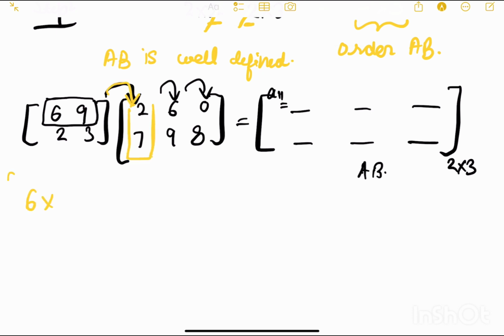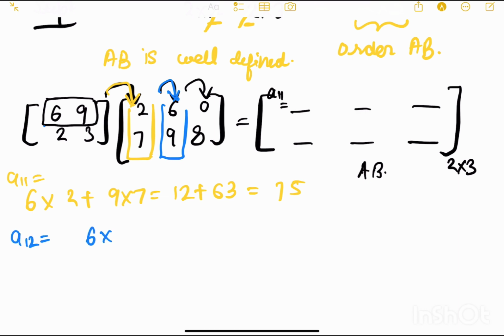Yeah, so my A11 will be 6 into 2 plus 9 into 7, which is 75. And my A12, when I'm multiplying the first row with the second column, will be 6 into 6 plus 9 into 9, which is 117. Okay. Now if I multiply my first row with the third column, my A13 will be